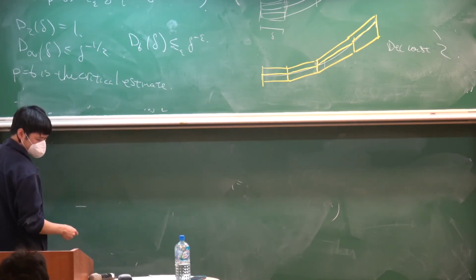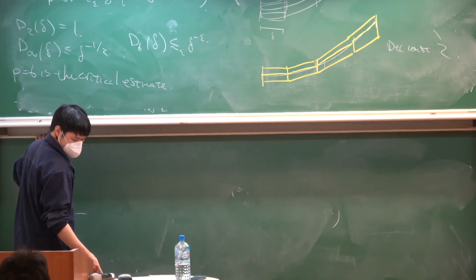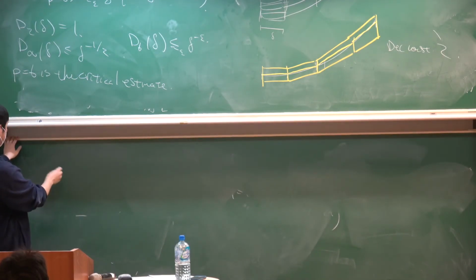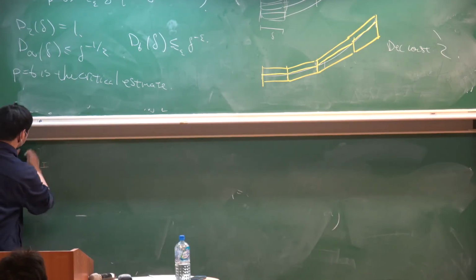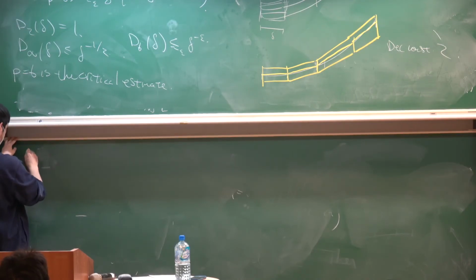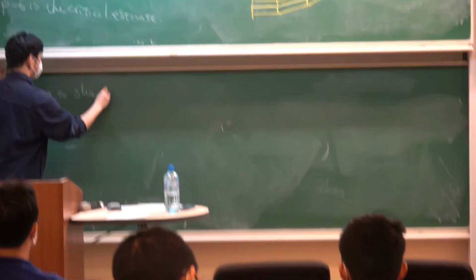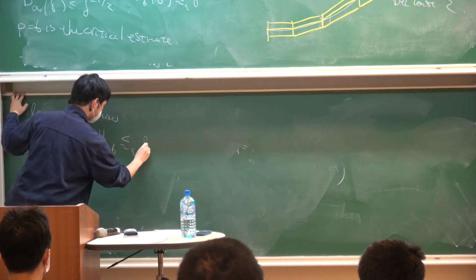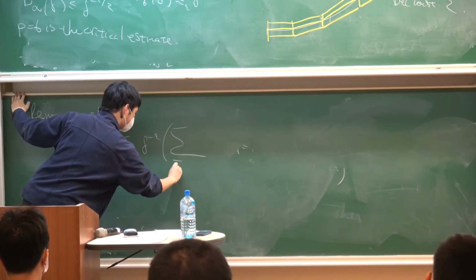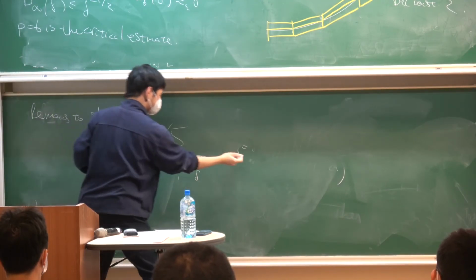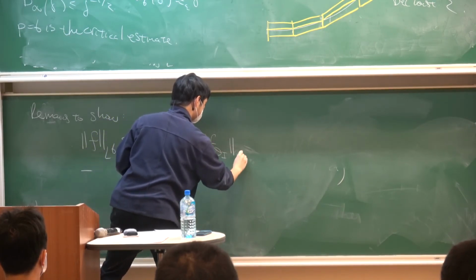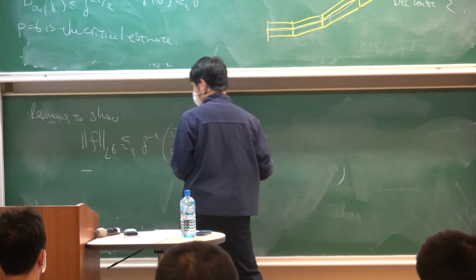Okay, so right, what do we want to show? So theta I, right, now it remains to show that the L6 norm of F is controlled by delta to the minus epsilon, where I is an interval of length delta that partitions [0, 1], times the sum of the L6 norms of F theta I squared to the 1/2, for all F